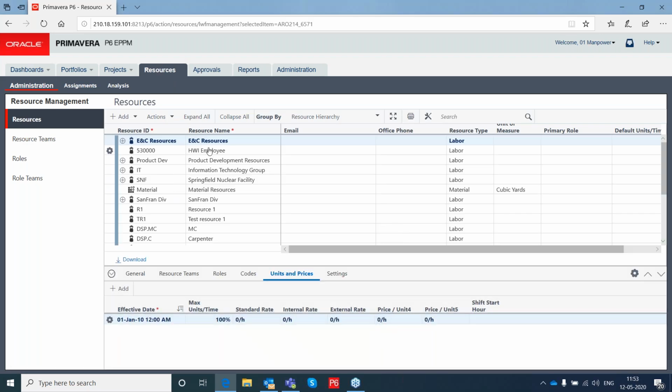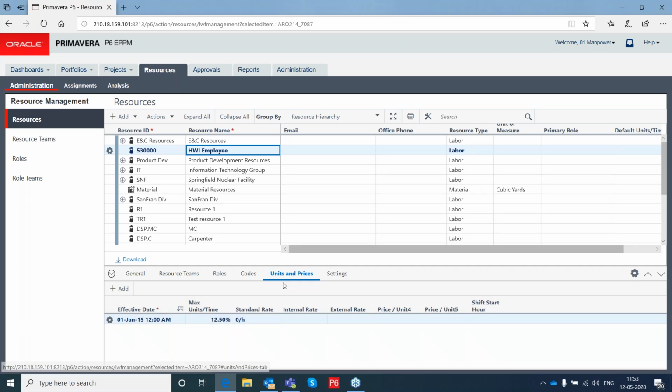If you see here, under every resource, I have the units and prices, where I define what is the rate for each and every resource. Let's say 120. I'm just keying in some value. May or may not be correct, so don't worry about that.